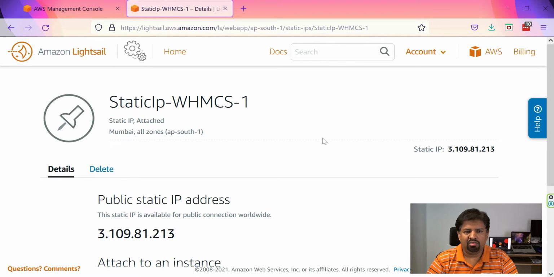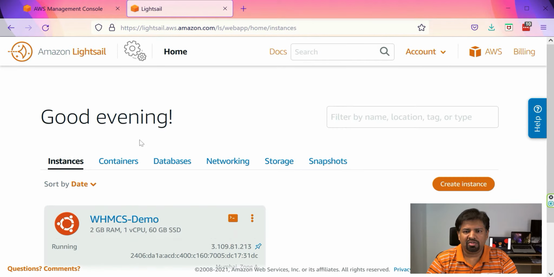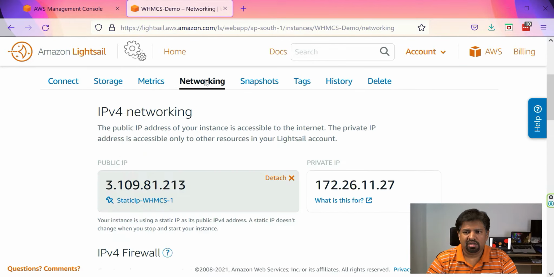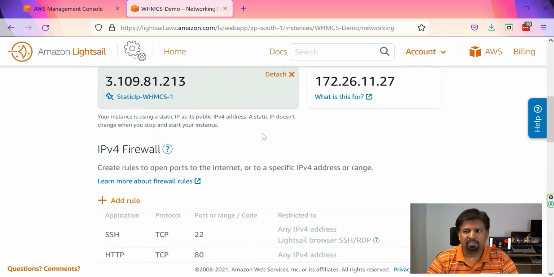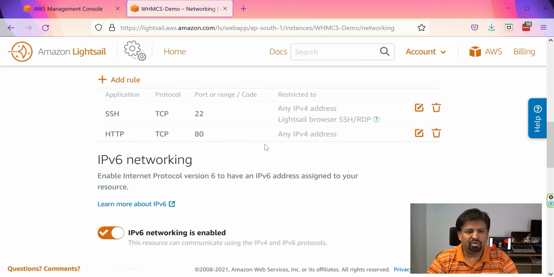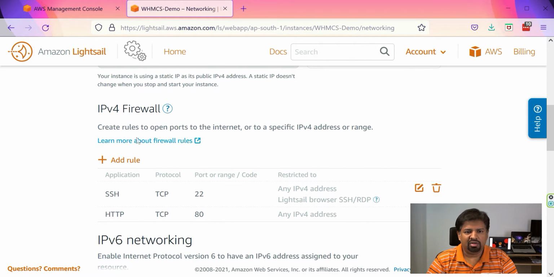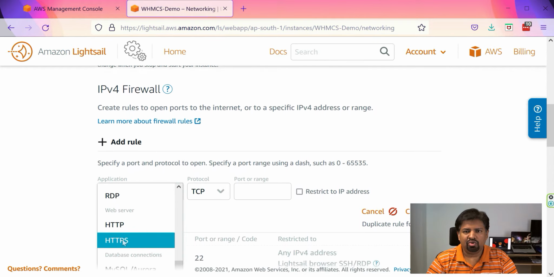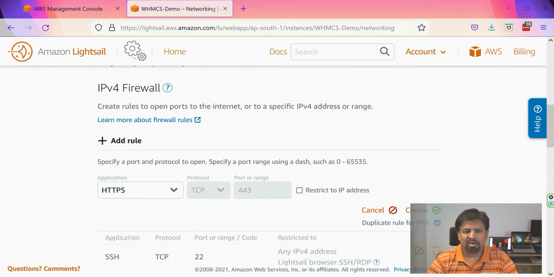Now click Home on the top to see the list of servers. Click on the server that is just created. Next, click on Networking. Now we have to add two rules in the IPv4 firewall. First rule is to open the port 443 for the HTTPS to work. Second rule is to open the communication port 34210, which is used by runcloud.